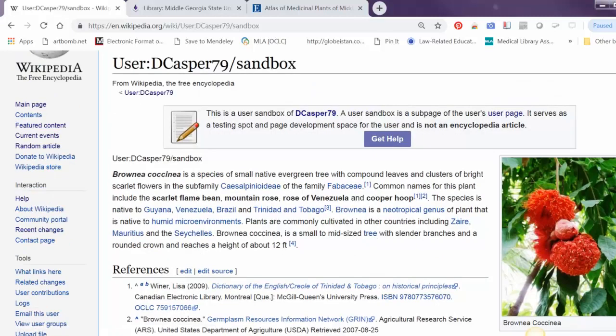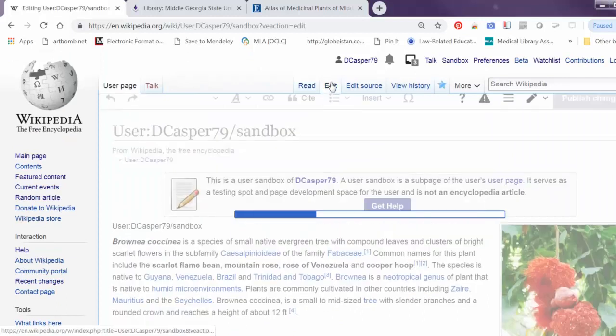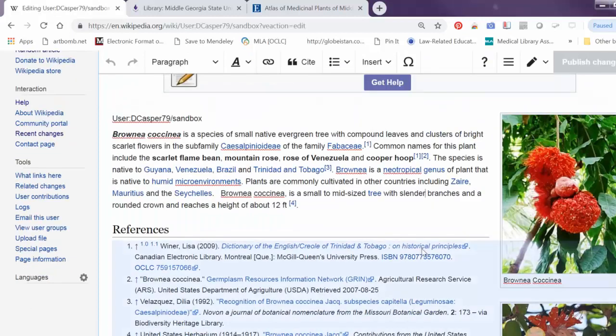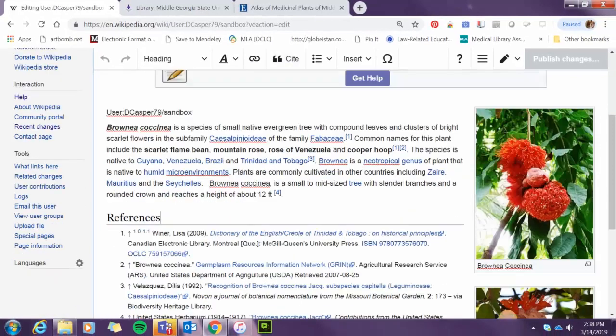Whenever you're adding something like a hyperlink or a citation, you're basically going to move your cursor to the area where you would like to add it while in edit mode. And then you're going to go to this tool. So you've got your text options, you've got your links. You can link to anything that is within Wikipedia. When you are using Wikipedia links here, you want to only link to articles that are within Wikipedia.